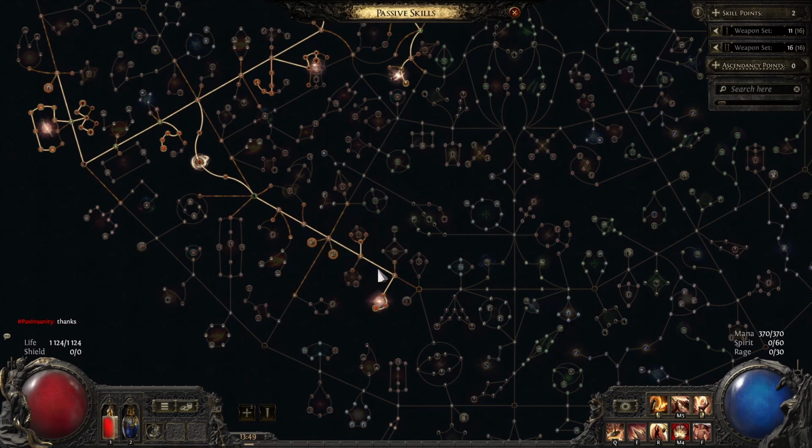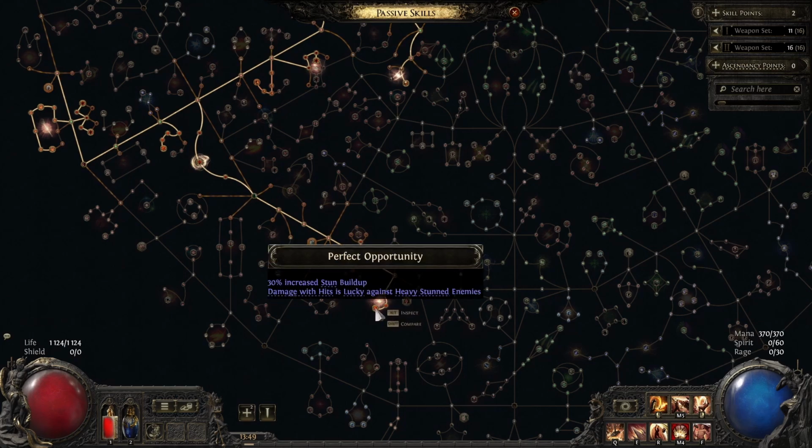So when you heavy stun an enemy, when you fill the bar, and as you saw in this fight, when you fill the bar and heavy stun an enemy, you can unleash your combo. And the combo I'm doing is with these nodes. This one gives you lucky hit damage against heavy stunned enemies, and that basically means if you have